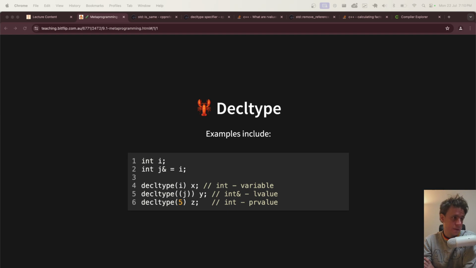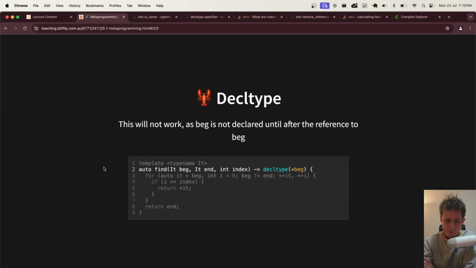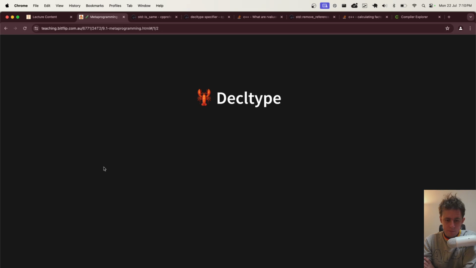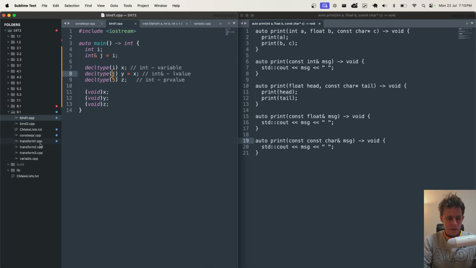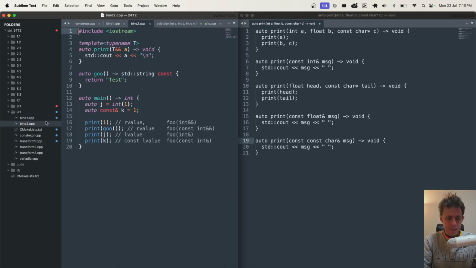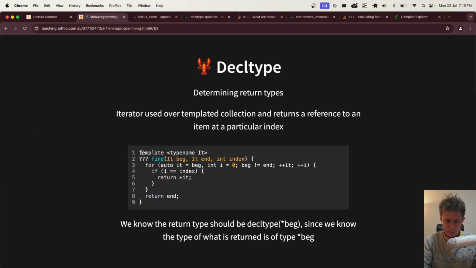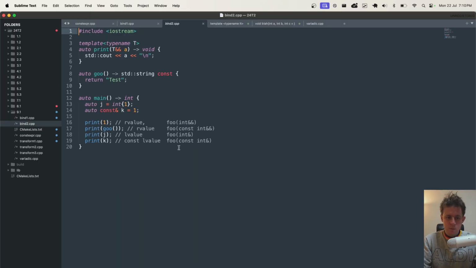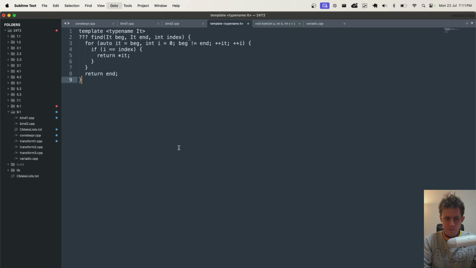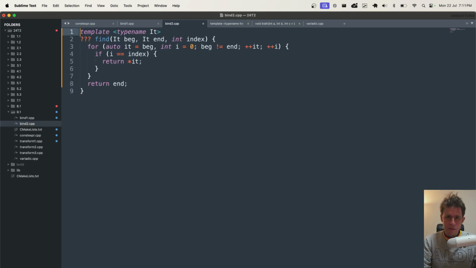Oh yeah, I think this is the one I missed. Why did the last slide of decltype say will not work? Good question. Sure. So this was probably a slight detail that I glossed over. Basically, this is one of the few times, as far as I know, that you actually need the new function syntax.